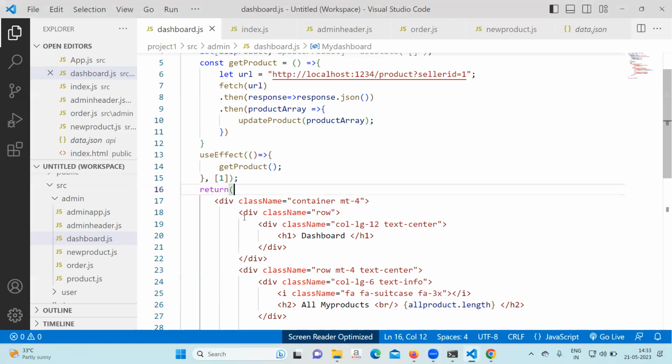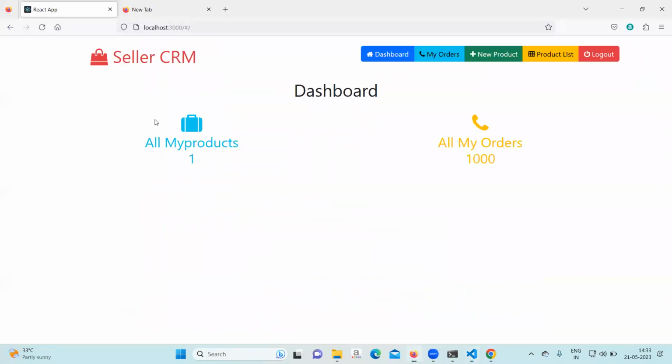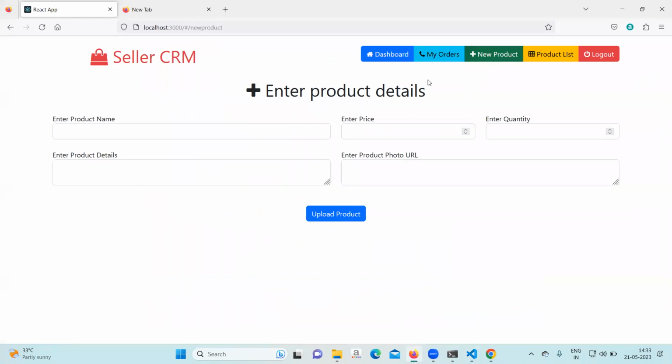Okay, so hope it is getting the length. Add one more product, then see if the length is increasing or not. HP laptop, price 45,000, quantity 3. Suitable for all types of work. First one to